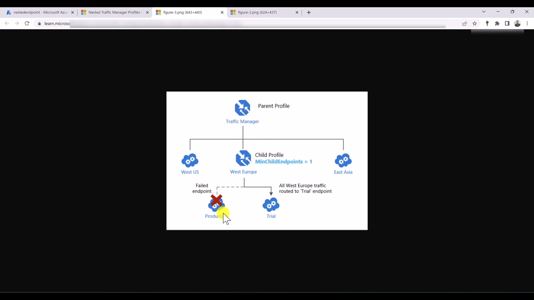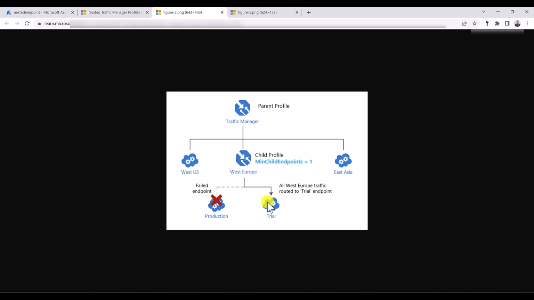So in case we have lost the production endpoint in Western Europe region, but we still have the trial endpoint, the minimum child endpoint in this case for our child profile is going to be equal to 1. And this will allow the parent profile to see that our child profile is still healthy, and the parent profile will still be directing traffic to the child profile, which is going to be sent to the